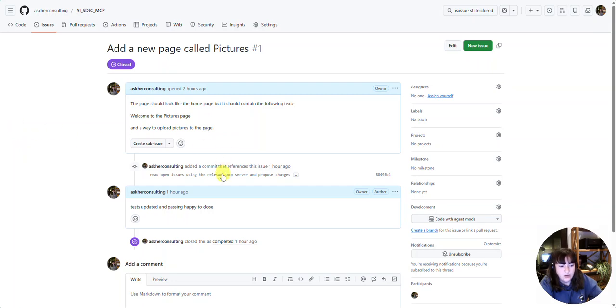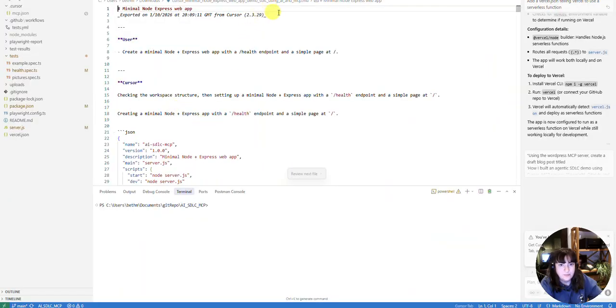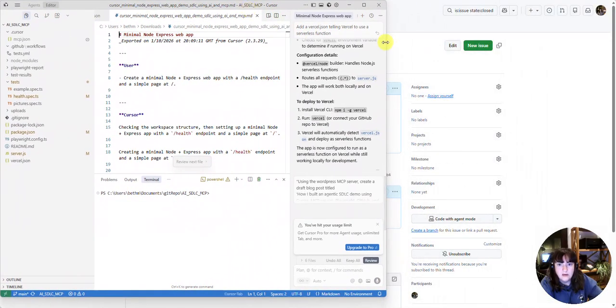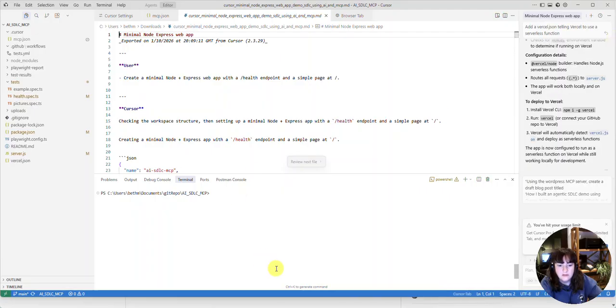I then went into my Git repo in Cursor, and you can see a little bit more of this here. And here's my app, and using only prompts that I had generated by asking AI to support me with this end-to-end process, I was able to create the app and do all of these